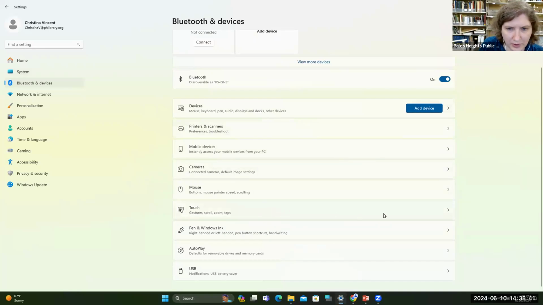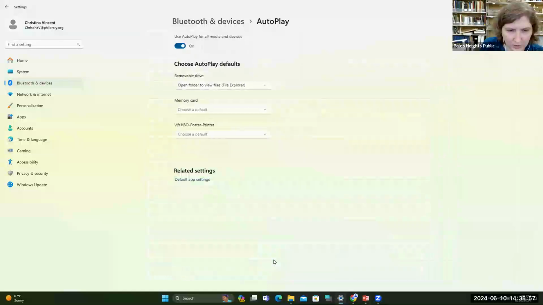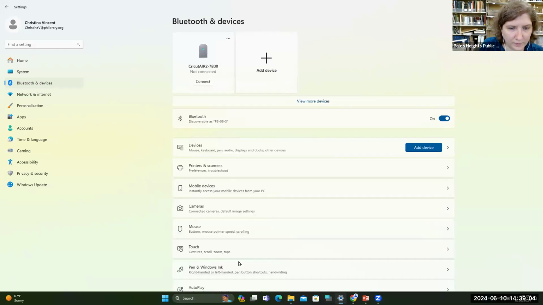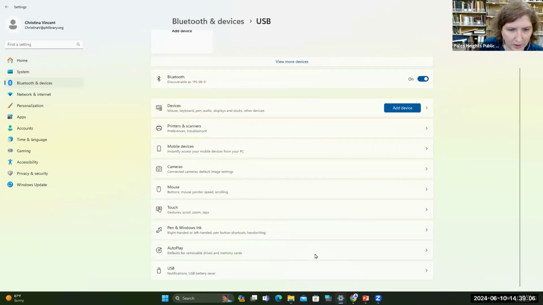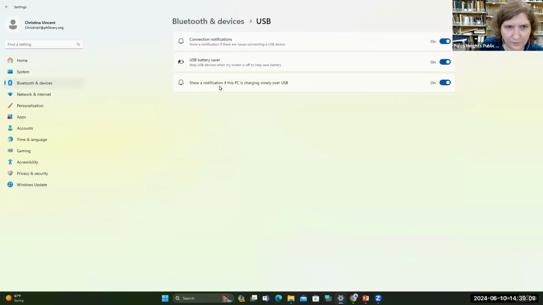If you have a touch screen on your device, if you have a pen, some devices are enabled, such as tablets, for those pens specifically for tablets. Autoplay, you can choose to have when you plug something in for the files to autoplay. And here, USBs, if you want it to notify you when a USB is plugged in and stuff like that.